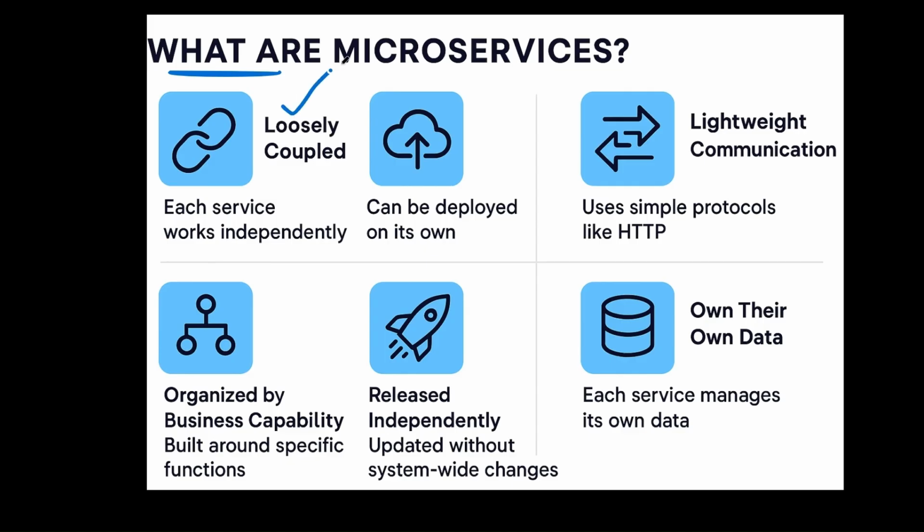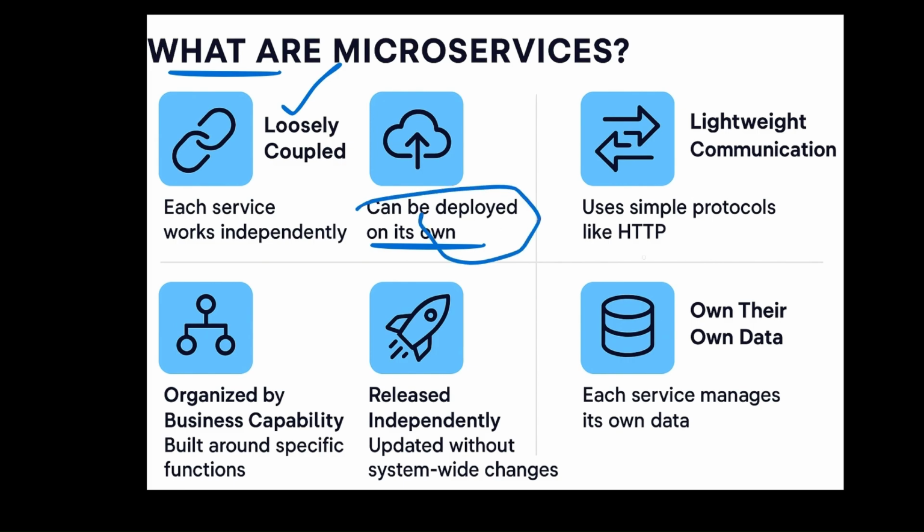Microservices are loosely coupled. This means each service works independently without tight dependencies. If one service changes, it doesn't break the other. Each microservice can be deployed on its own. Teams can release updates faster because they don't need to redeploy the entire system, and a single microservice can be deployed